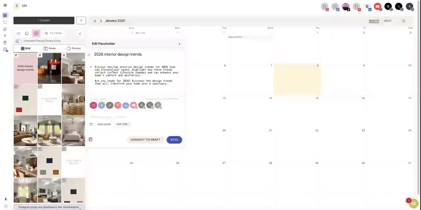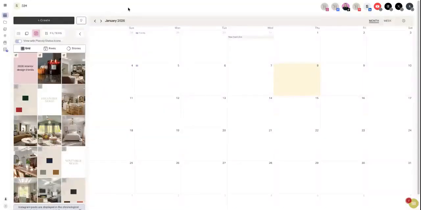You'll see here, same thing. It has the hook, it has the channels. You can add a date and time, you can convert it to a draft, or you can still save the placeholder. This is a great way to kick off idea